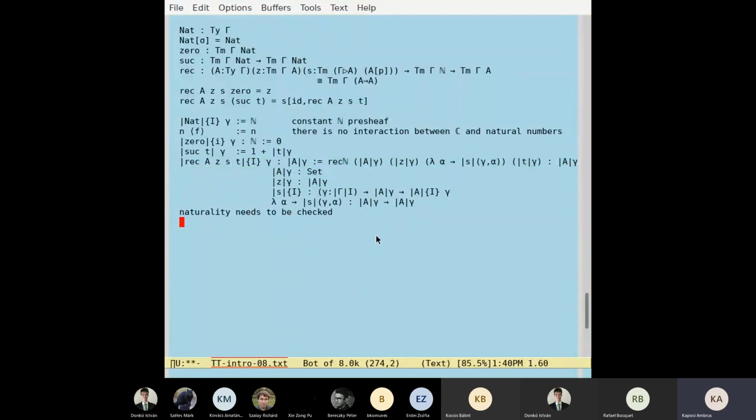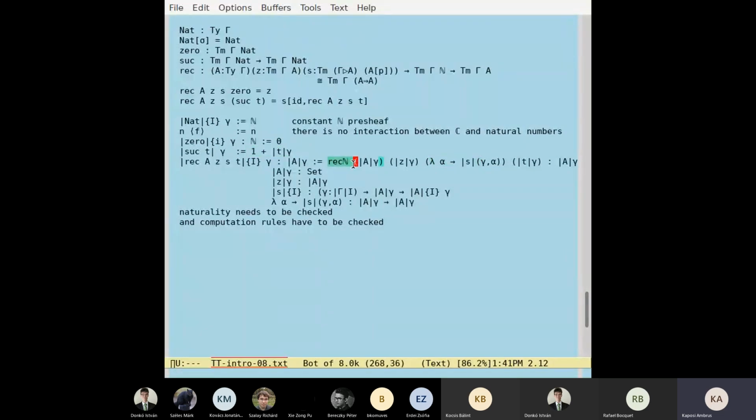Okay, naturality needs to be checked, and computation rules checked. Computation rules are very easy. Like imagine if you put 0 here for t, then this becomes, by this definition, 0, and then I really get this one back, right? And you can also see that successor is defined as 1 plus,